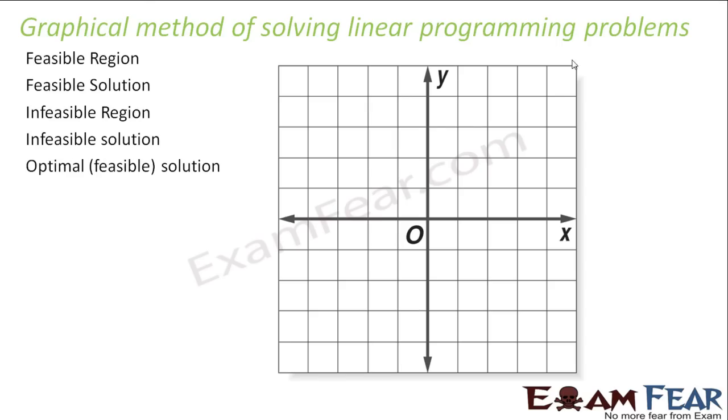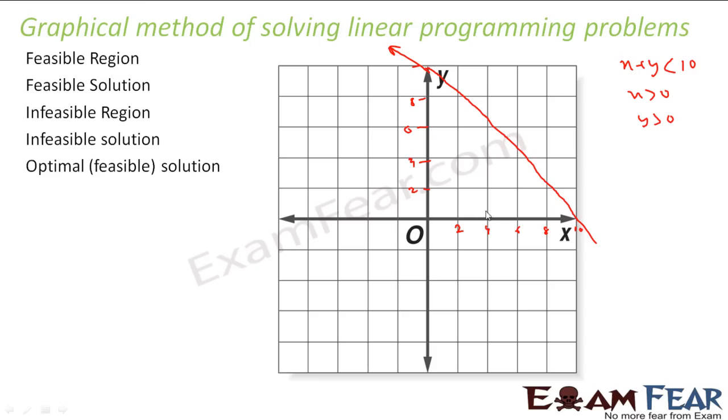See, how we solve is we have some constraints, a lot of constraints. For example, we have x plus y is less than 10, one constraint. So let's suppose this is 2, 4, 6, 8, 10, and this is also 2, 4, 6, 8, 10, right? So my x plus y less than 10 will be these values in this area. Correct? And I have x greater than 0 and y is greater than 0.